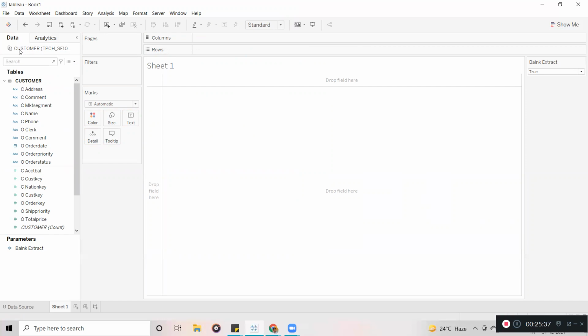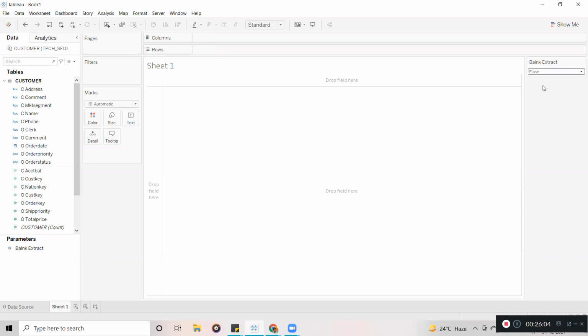From server to server, the connectivity will be fast. So the extract refresh time will decrease, and you can see the data within half an hour or 1 hour. Okay, we can say. So now, before publishing, what you have to do is